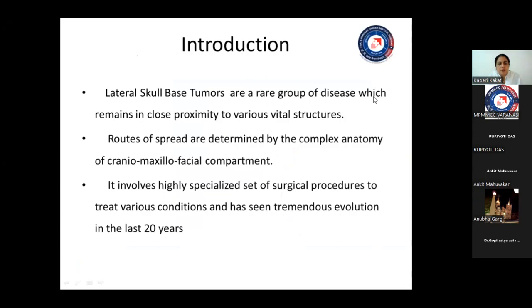Good evening, everyone, and thank you, organizers, for the opportunity. Before going on to the temporal bone tumors, let us have a brief overall anatomy of the lateral skull base, because the temporal bone tumors fall under the broader heading of lateral skull base tumors. So lateral skull base tumors are a rare group of disease which remain in very close proximity to various vital